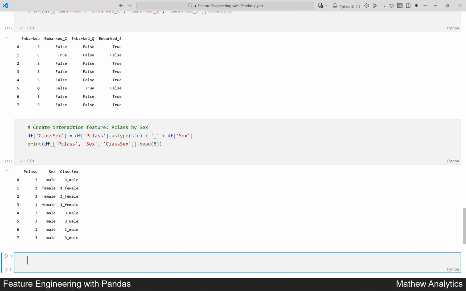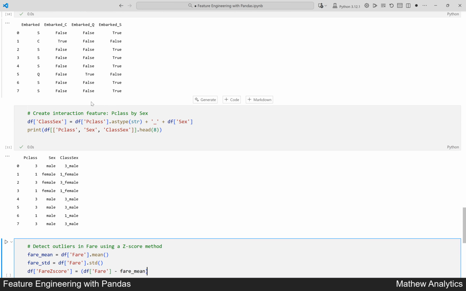Spotting unusual values, or outliers, is a useful step in feature engineering. We start by indicating that we will detect outliers in the fare column using a z-score method. We calculate the average fare paid by passengers. We calculate the standard deviation of the fares to measure how much fares vary. We create a new column with a z-score for each fare, showing how many standard deviations away each fare is from the mean. Finally, we print the first 8 rows of the fare and fare score columns to see the